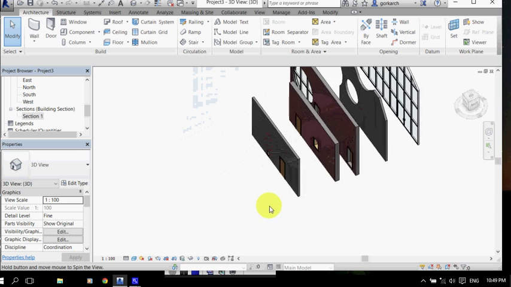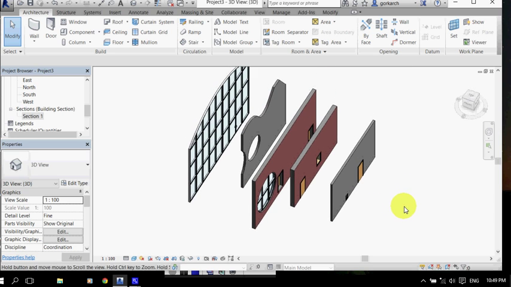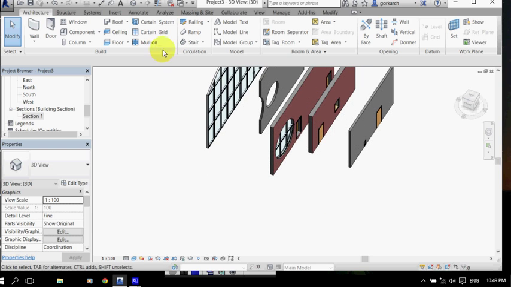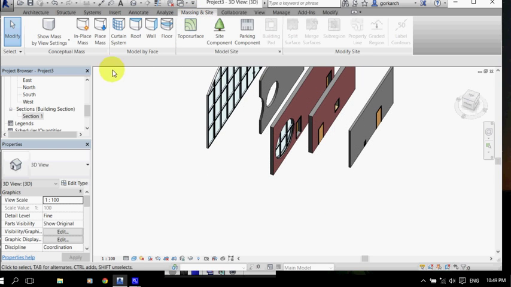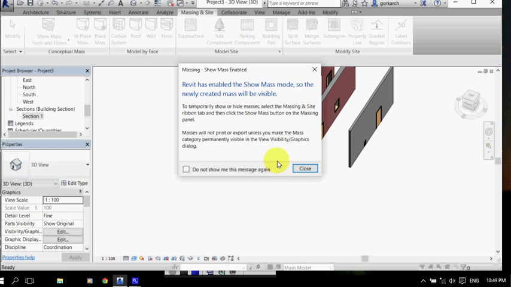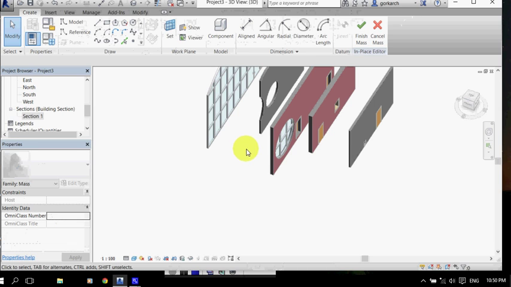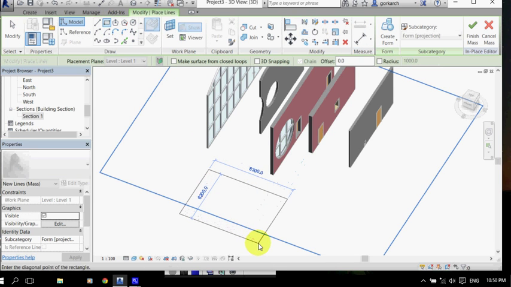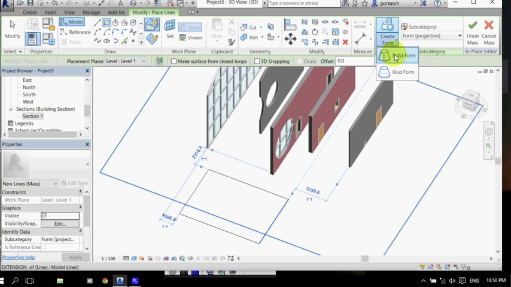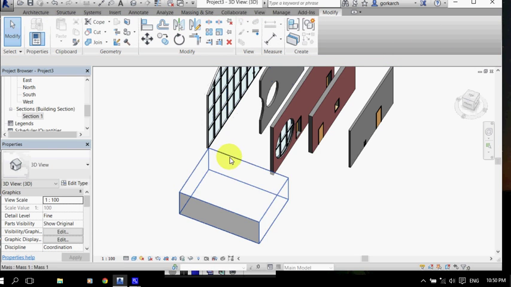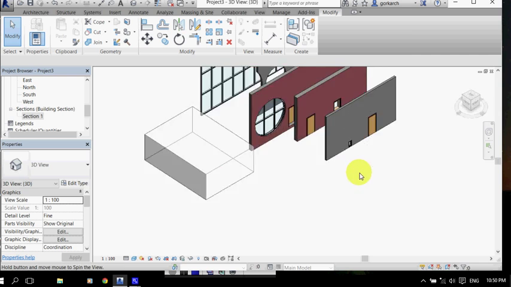Another way to define a wall is to apply it to the face of conceptual mass. So let's create in-place mass. It will be a simple shoebox rectangular shape. On level 1, create solid form and finish mass. Now I want you to jazz it up a bit, so let's